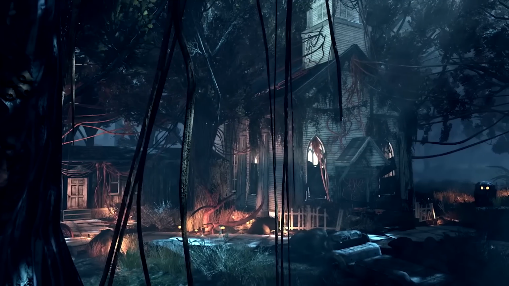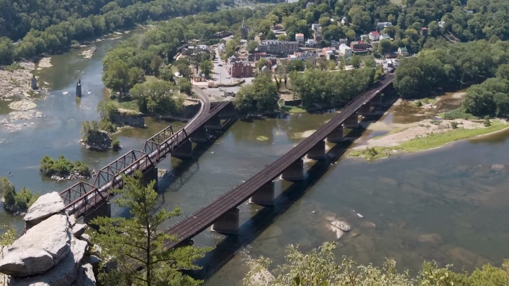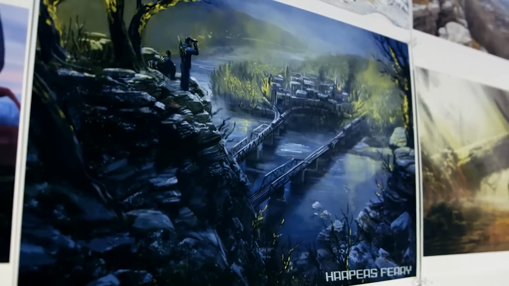The Mire is a swampy area that takes after similar bogs in West Virginia. It's also home to Harper's Ferry. This picturesque town sits on the water with two bridges leading into it. While it is a real location in West Virginia, the Fallout 76 no-clip documentary revealed that Bethesda took creative liberties